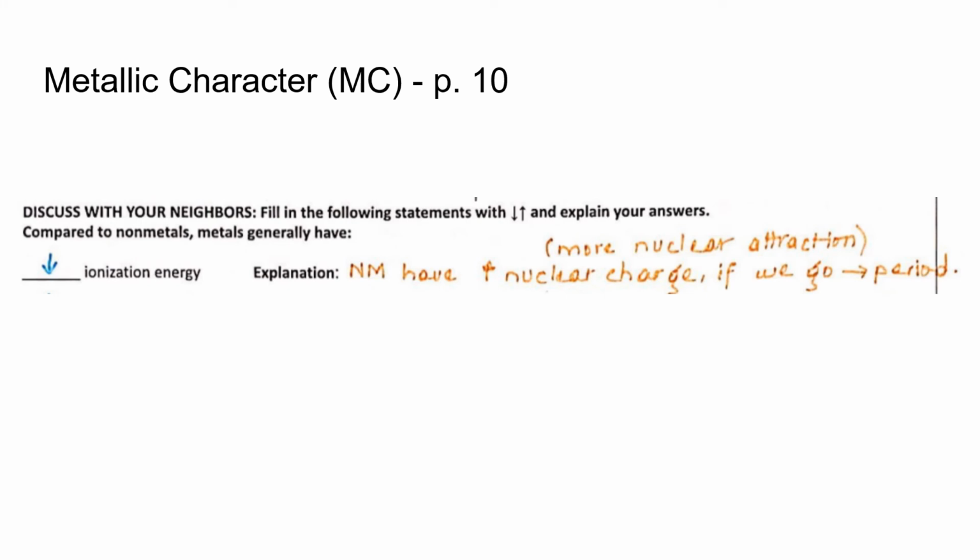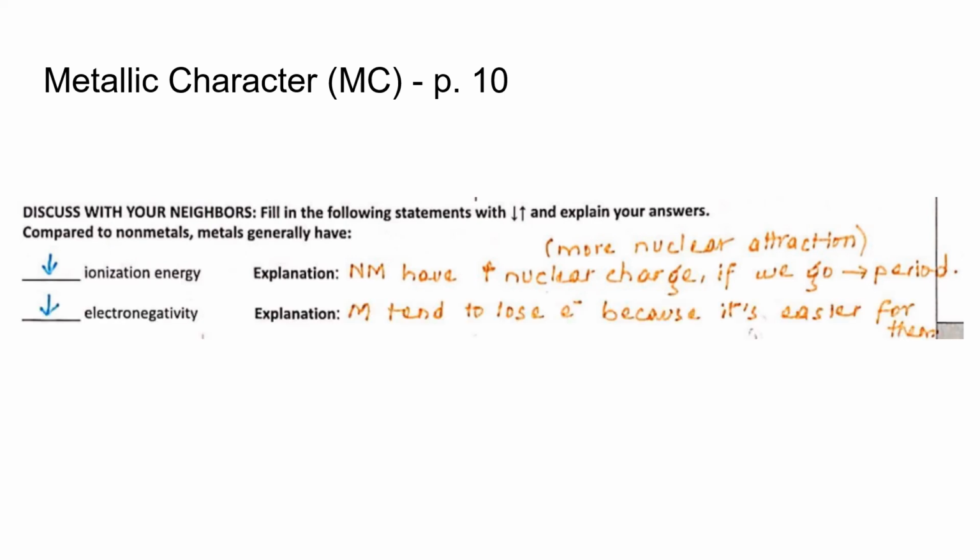So compared to nonmetals, metals generally have a lower ionization energy, which means we need less energy to remove an electron from the valence orbits of metals. And that's because nonmetals have a lot of nuclear attraction compared to metals. Metals also have a lower electronegativity compared to nonmetals, and that's because metals in general lose electrons. It's very hard for them to attract electrons from other things,